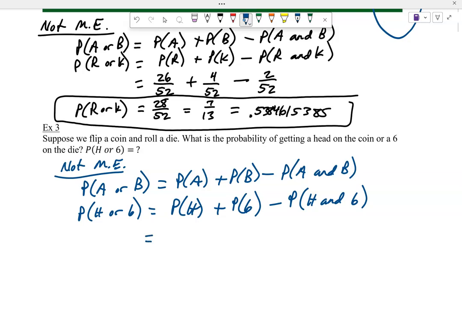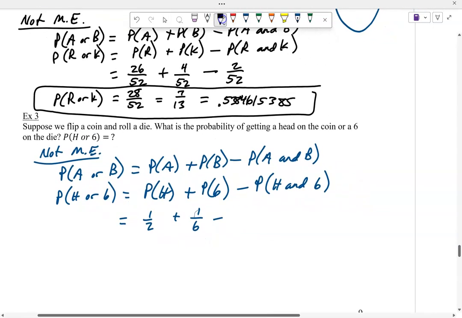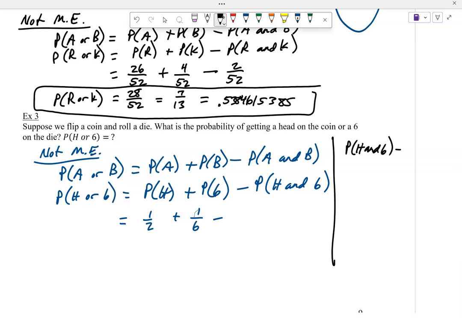So probability of flipping a heads is 1 out of 2. Probability of rolling a 6 we know is 1 out of 6. Minus, now let's go to the side for a minute. What's the probability, this is from last time, of a head and a 6? Well, that'd be the probability of rolling a head times the probability of rolling a 6. So 1 out of 2 times 1 out of 6. So it's a 1 in 12 probability